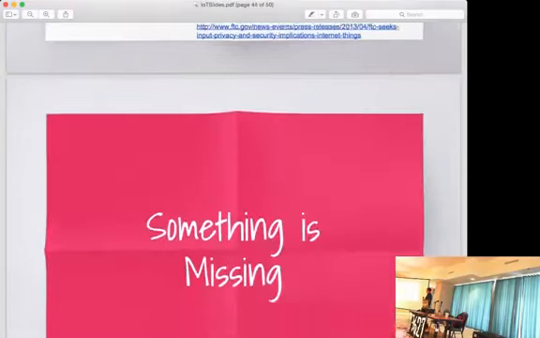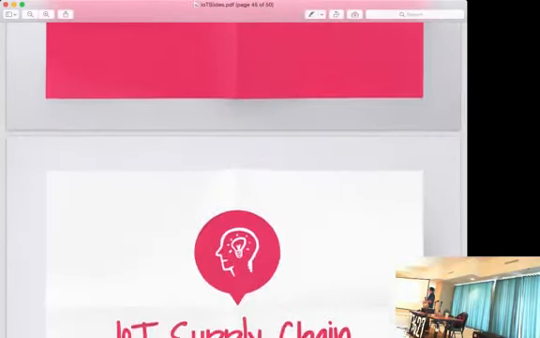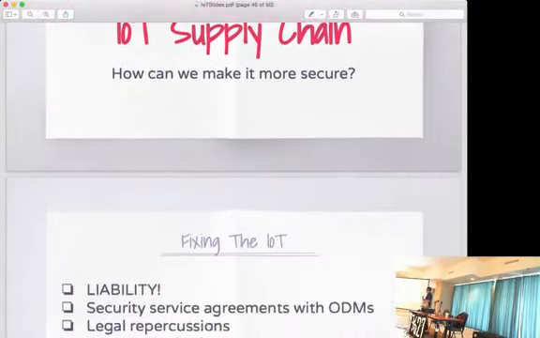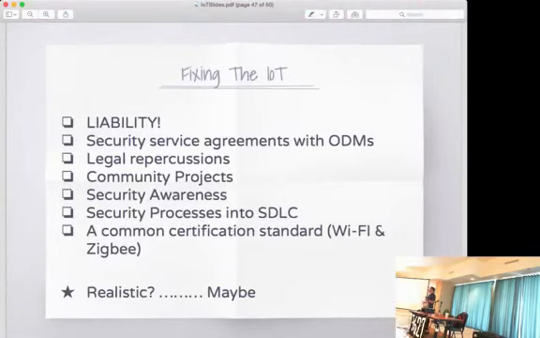Again, they're not addressing IoT supply chain. But how can we make it more secure? I'll say by liability, meaning put it in your agreements with your manufacturer, your ODMs, making sure that they do test their code. If they don't, whatever, we're going to take away $5,000. I don't know what it is. You can do whatever, just any type of repercussions, holding them liable for the security bugs, or actually making them